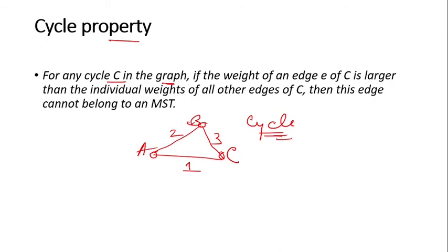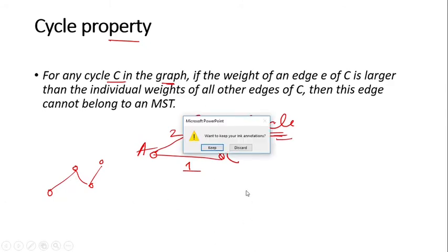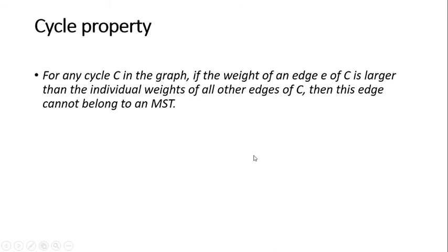Like if you remember the traveling salesperson's problem, I think I discussed it many times in the class. In the TSP problem, the salesperson will visit all the vertices exactly once. You have to find those paths, the cities, the order in which the salesperson should visit, so that he can visit all the vertices exactly once, except for the starting vertex. Okay, so we are discussing the cycle property.